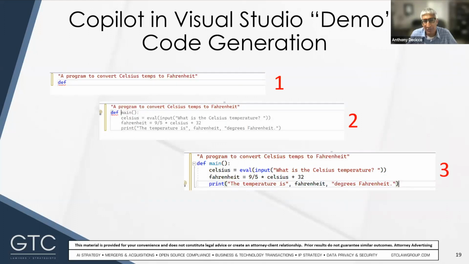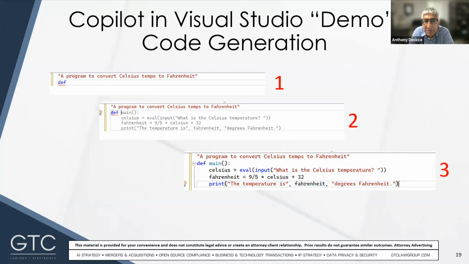So we'll do a brief demo, in air quotes, here of Copilot for generating some code. It's just really a screenshot demo. And here we're going to use natural language to generate code. So the first image there is Copilot in the Visual Studio IDE, and we included a comment that we need a function to convert Celsius temperatures to Fahrenheit.